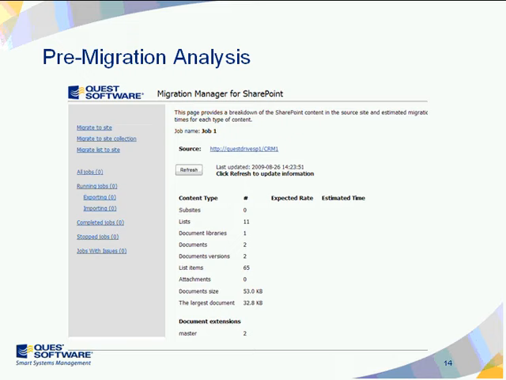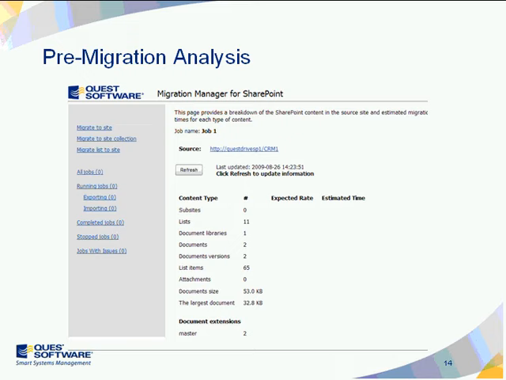It goes through a whole bunch of information, and it can calculate how long it thinks that particular job will take. So you have a lot of work that you can do to determine how things are working in your environment and how the migration will occur prior to that.